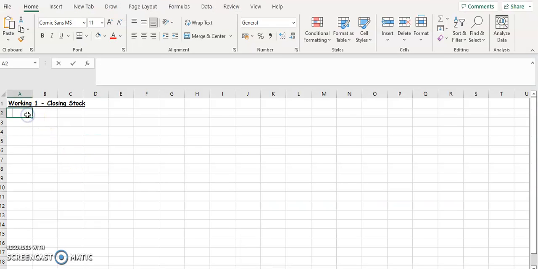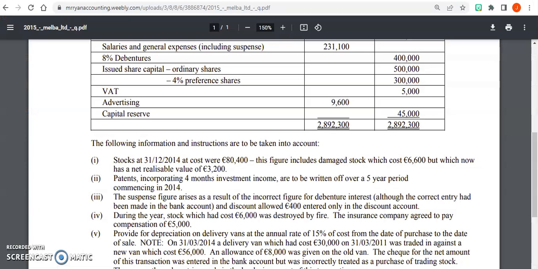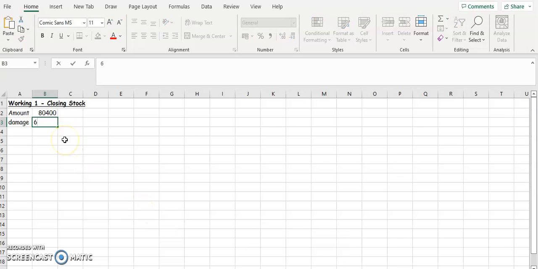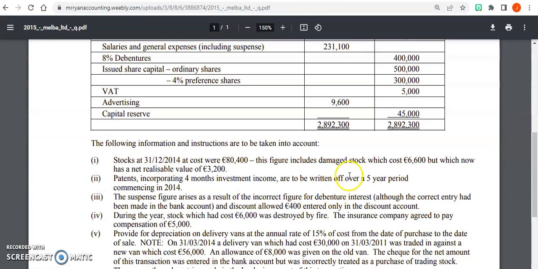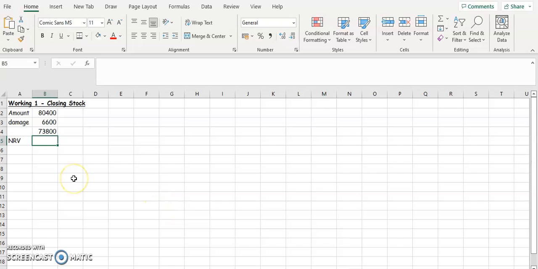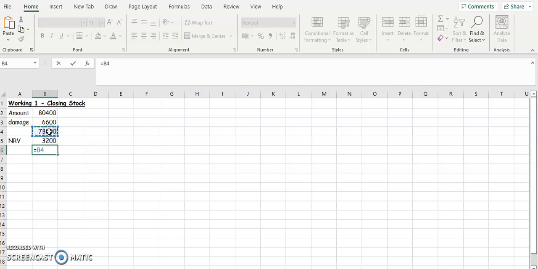So we're going to take the amount, and that's coming straight from the question itself, which is 80,400. We're going to take away the damaged stock, which is 6,600. And then we're going to add on the net realizable value. The net realizable value in the question is 3,200. So that's going to give us a figure then of